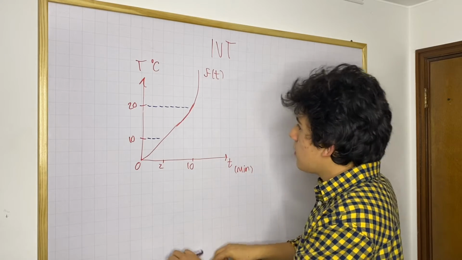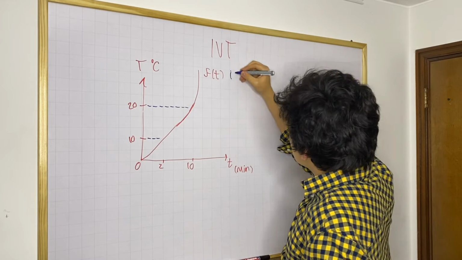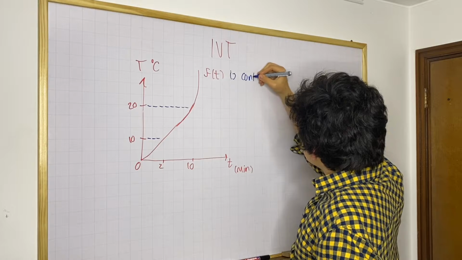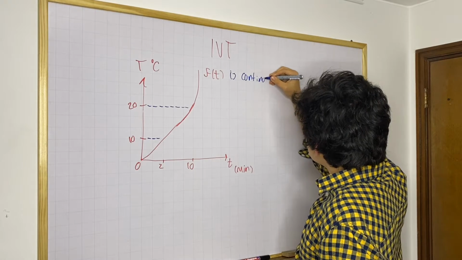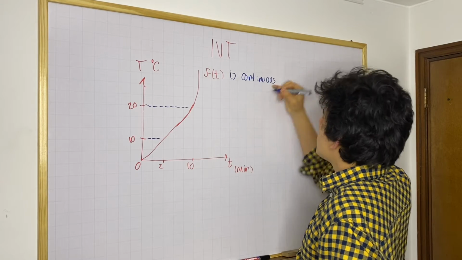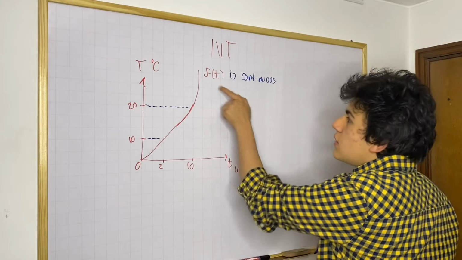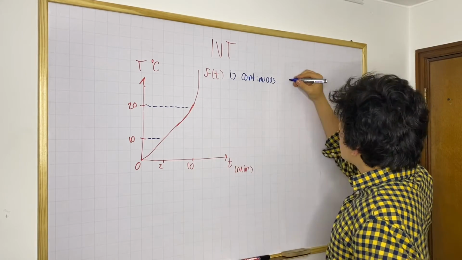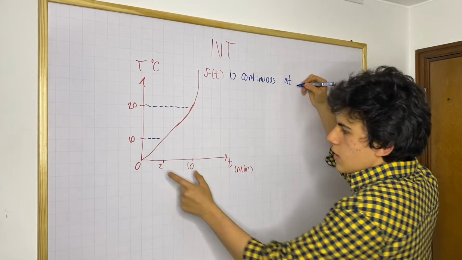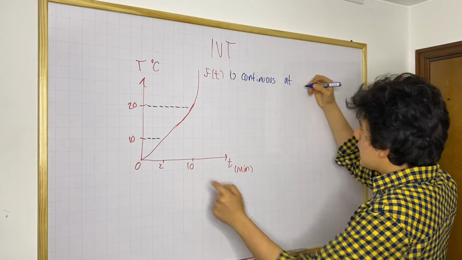Let me write that now in blue so you guys can see. So if this function is continuous in the interval, between 2 minutes and 10 minutes,